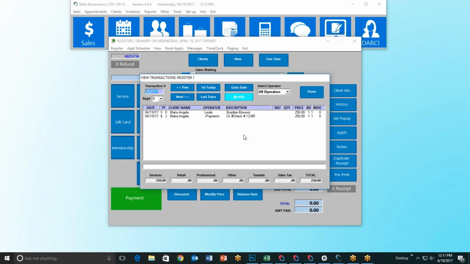However, if I found a mistake that I made two weeks ago and I fix it, the closing report will not be changed because I've already closed and I've perhaps already printed out that report. However, if I ran any report for that particular day going forward after I made the fix, that report will in fact reflect any fixes I made